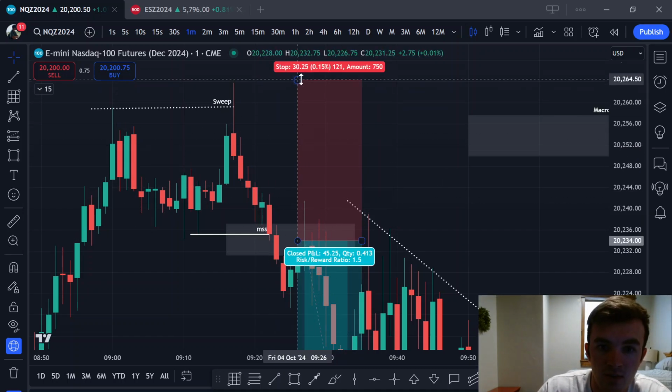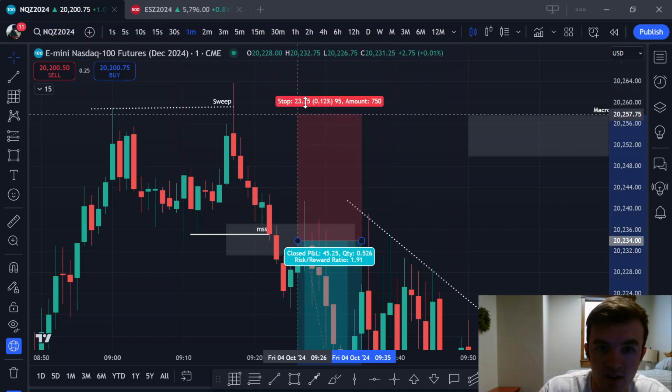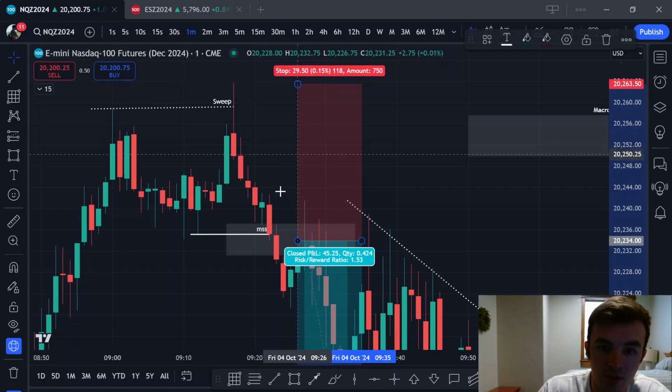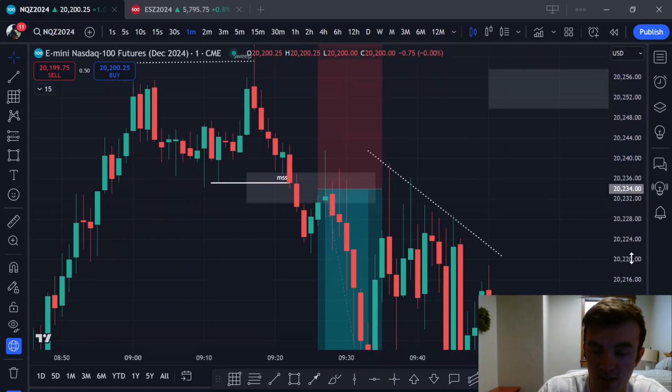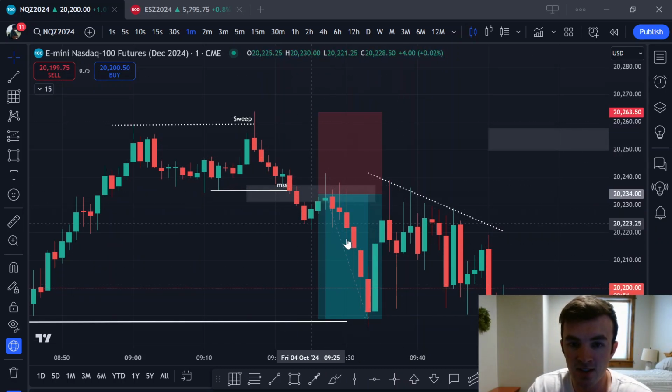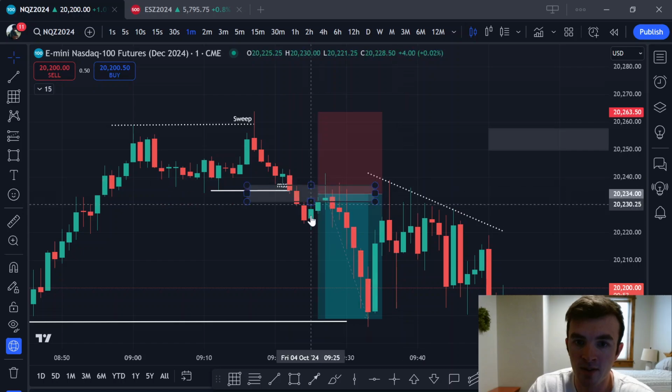Now, if you wanted to, you maybe could have just put it above the breaker. So maybe you could have put it right here. But with these types of trades, the TJR type trades, I like to put my stop loss above the high. Now, I'm not taking these live yet. I'm going to wait another 2 weeks to a month before I start taking these TJR type trades live.